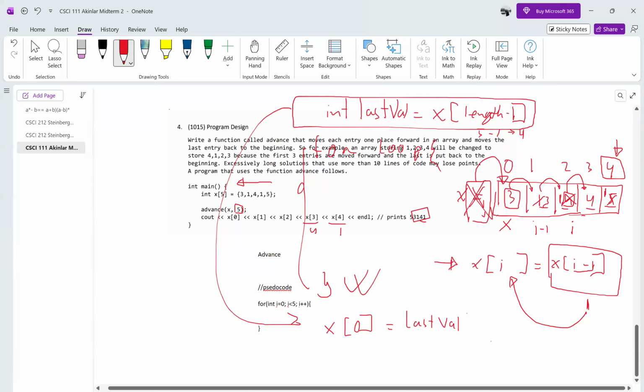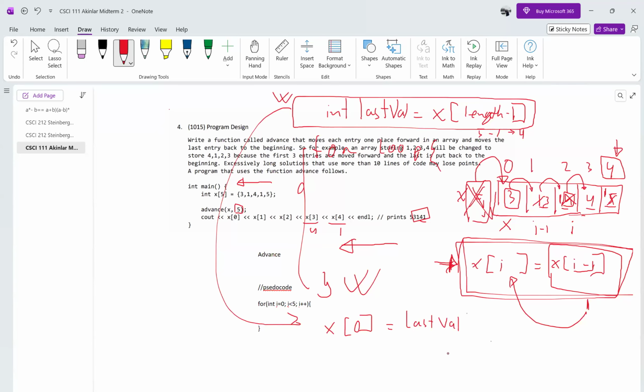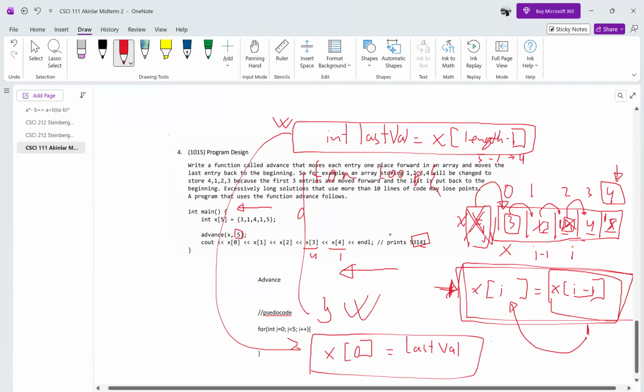And that's my whole idea. Going backward direction and doing this line of code that will automatically move every value one step to the next. And once every value is moved down, I will put this guy at the end, and that will be the end of the function. So if I start writing the code, actually,